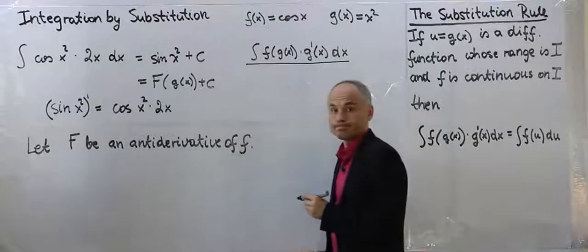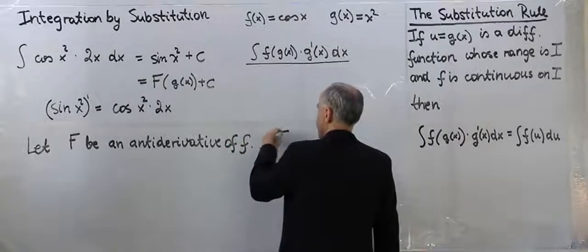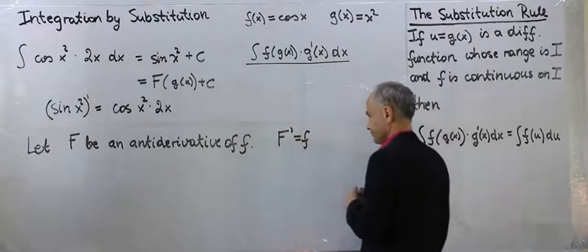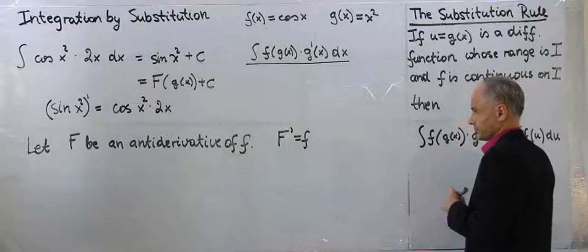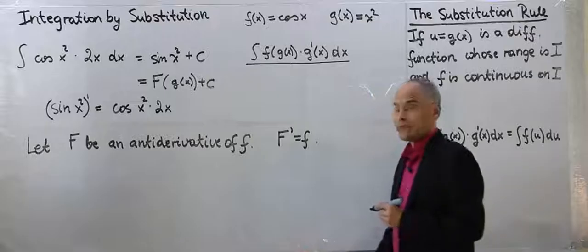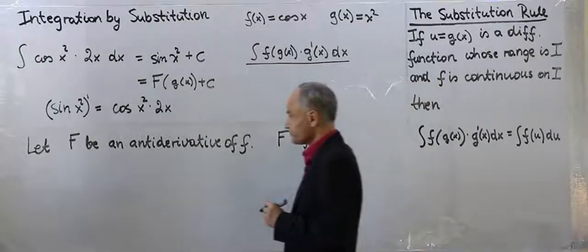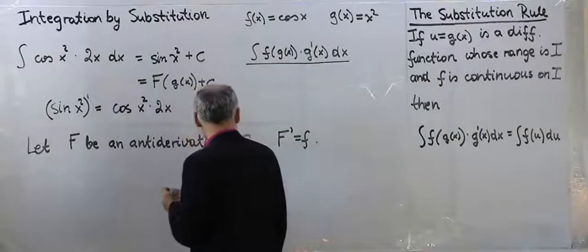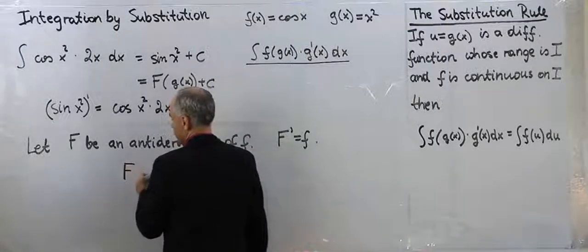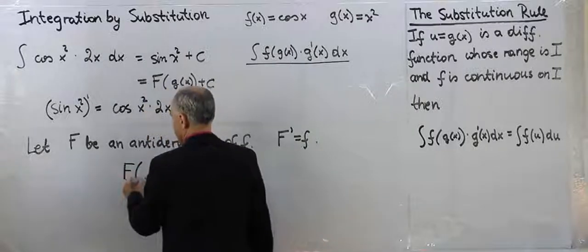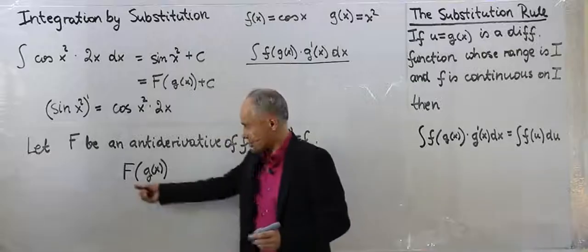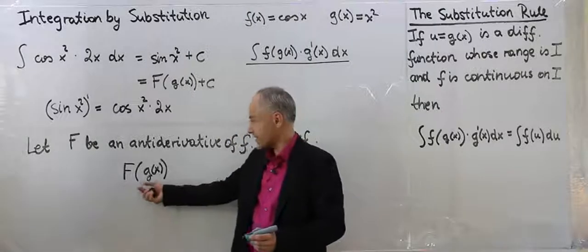So what does this mean? This means that capital F prime is equal to lowercase f. And remember the chain rule. The chain rule states that if you have the function capital F of g of x, when you differentiate the composition like this,